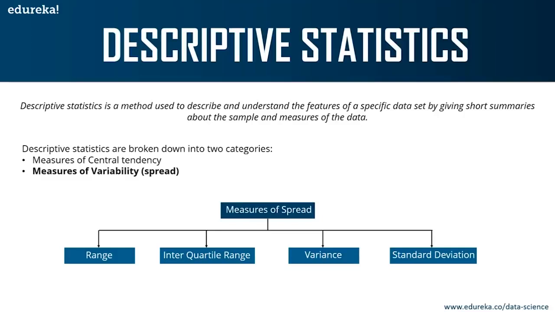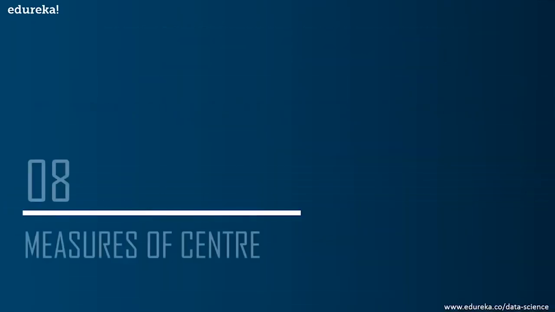Okay, the three main measures of center are mean, median, and mode. Coming to measures of variability or measures of spread, we have range, interquartile range, variance, and standard deviation. All right. So now let's discuss each of these measures in a little more depth, starting with the measures of